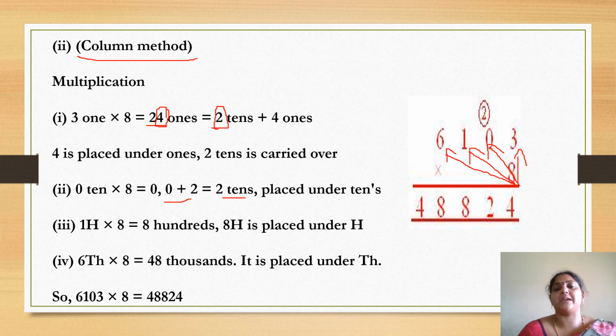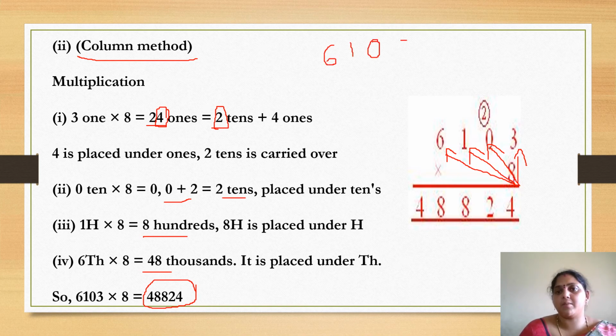Now multiply the same number with 100. So 8 into 100 is 800. So, single digit, write 8 in the hundreds place value. Now next is 6,000. 6,000 should be multiplied by 8. When you are multiplying 6 into 8, you are getting 48,000. Now what is your total product? It is 48,824. If you want, we can check it here.